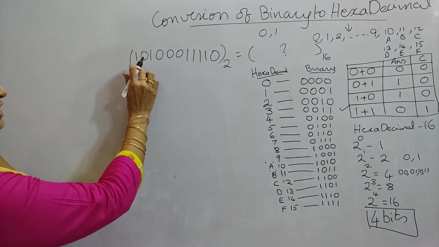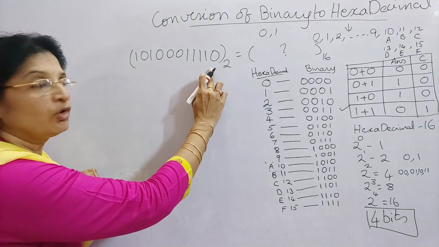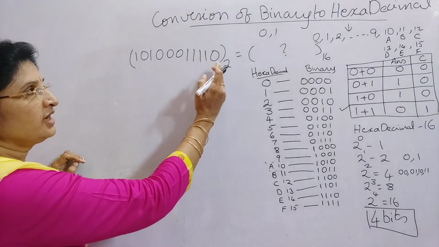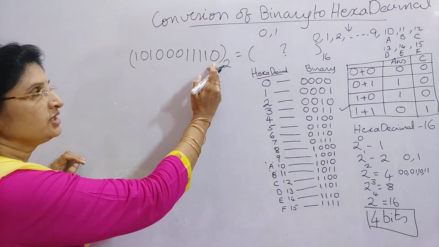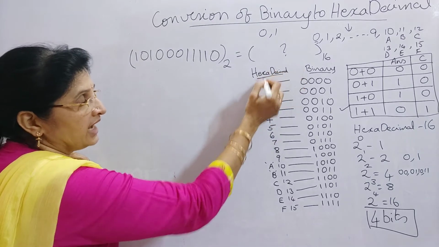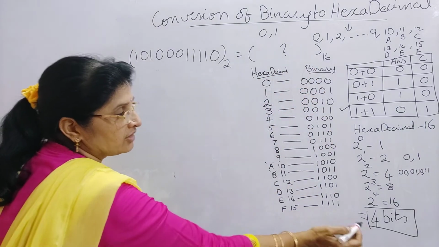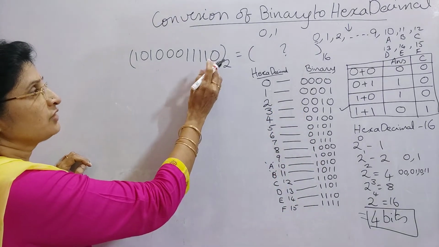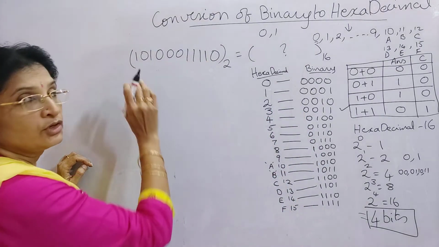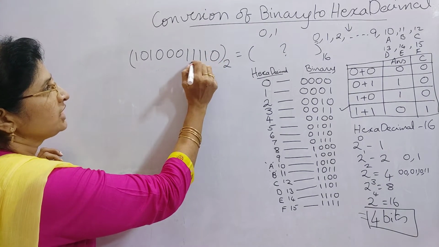See it. So what is the number? This is the binary number. For this binary number, what you have to do is, from the right hand side, group it as groups of 4 bits, because for the hexadecimal number we are using 4 bits. So that's why from the right side you group it into groups of 4, for example, if you take 1, 2, 3, 4.